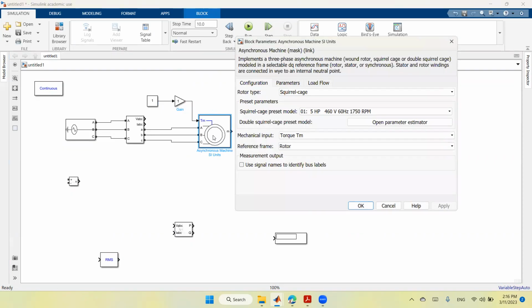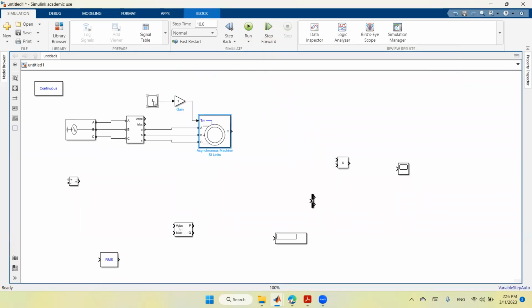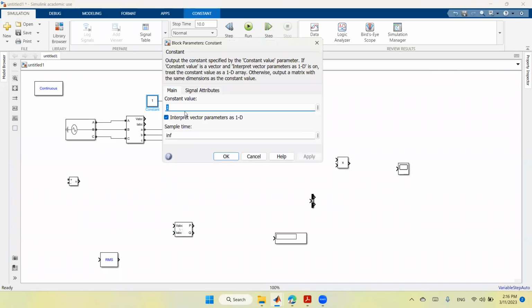Again, we click on the induction motor. So we see that it is 5 horsepower and the speed is 1750. So now we go here and we insert the value, which is 5 horsepower times